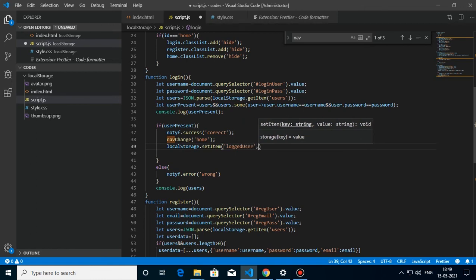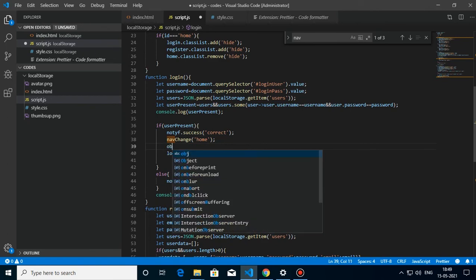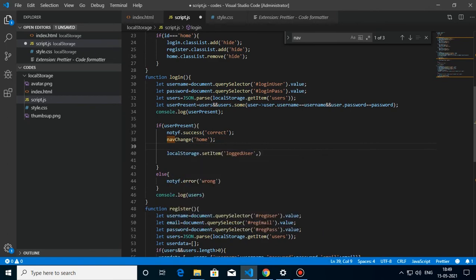Now what will be its object? I mean string. I will need its username as well as password, just simply for whatever use case you have. So I'm creating the object again. Let object equal to, here we don't want an array because we will be storing only one user at a time, right?